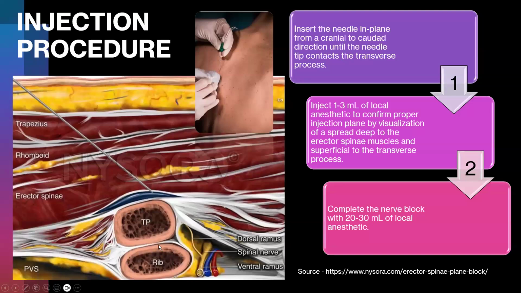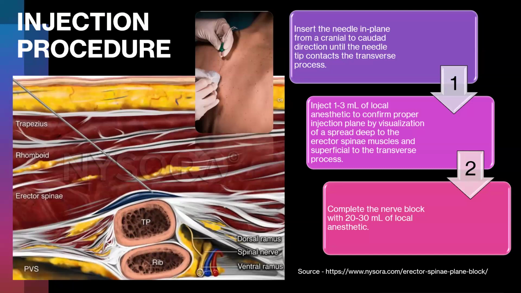So here we have to go at the junction of the rib and transverse process, and I already told the rib will be looking a little bit squarish, so you have to go slightly lateral and medial, and then we have to find out the target which is deep to the erector spinae muscle and above the transverse process, and at this point put the needle over the rib and inject 1 to 3 ml of local anesthetic and confirm the drug sprayed just deep to this erector spinae muscle, and complete the nerve block with 20 to 30 ml